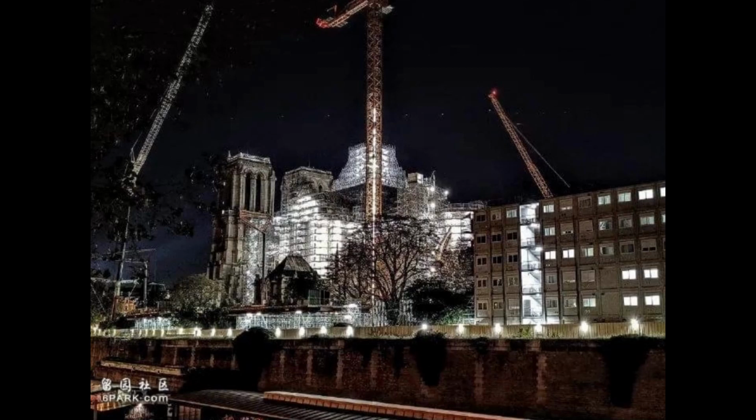However, due to the desire to open it before the Paris Olympics next year, the French people's temperament has greatly changed. Recently, they have started to rush to work, even working overtime at night, and the entire construction site is